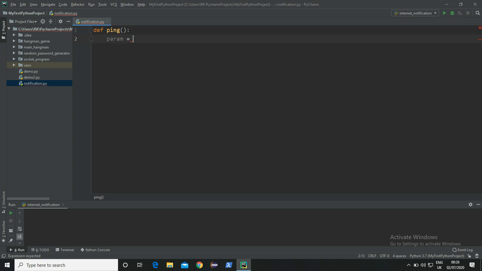Now this parameter will return how many echoes we will get on requesting that particular site. So here we will use -n, if we want to know whether the platform is Windows or Linux or Ubuntu or a Mac operating system. So for that we will use a library, import platform. This library will tell us which operating system the current